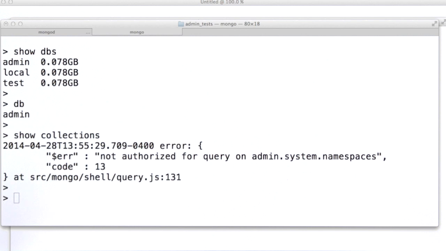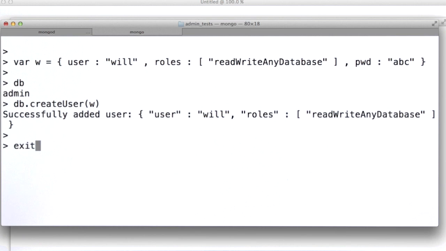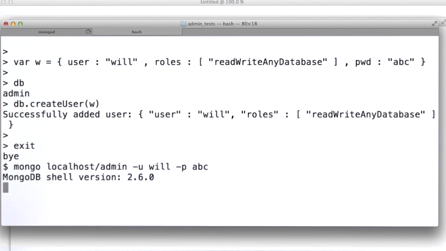So the user we created had the role userAdminAnyDatabase, so it has basically privileges to do administration, but it doesn't have privileges to do reading or writing to a database. So I'm going to make another user now who has such privileges. Okay, so now we've created that user. So now if we go in with that username,